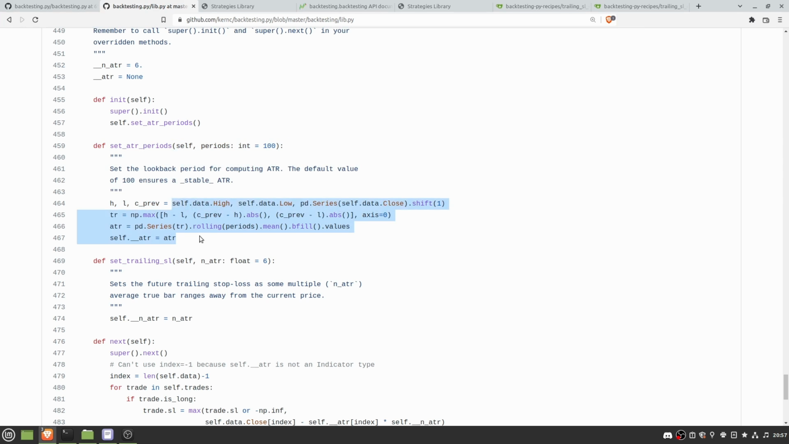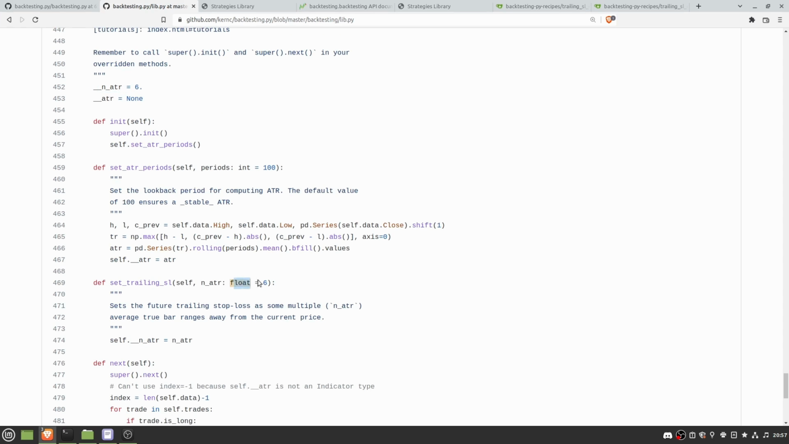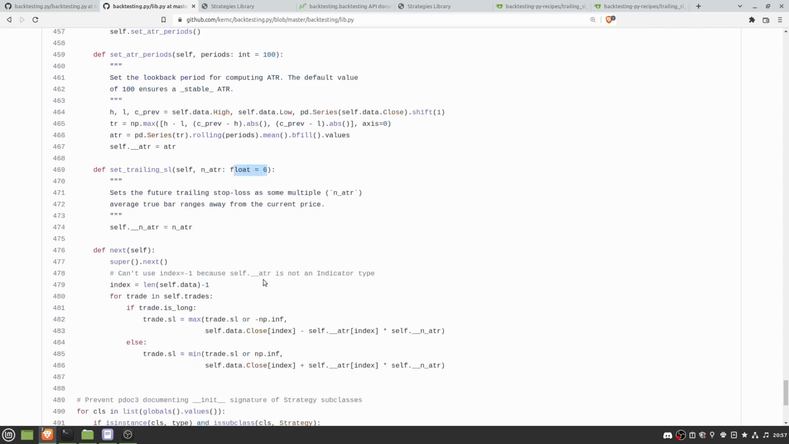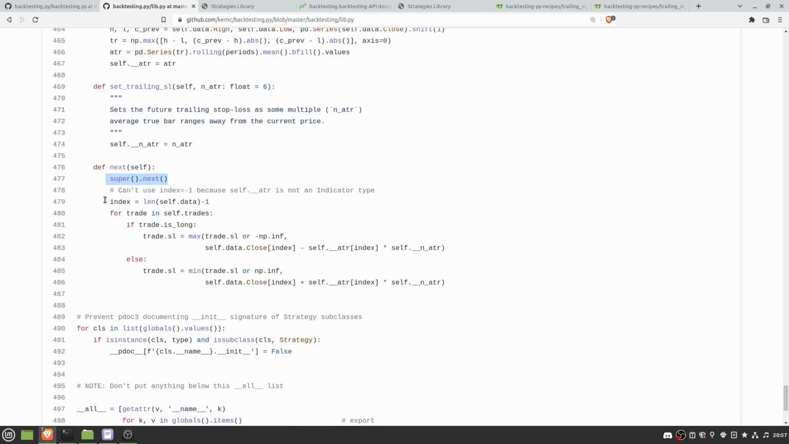Don't get hung up too much on what it's doing. Then there's this function, which takes in a number and all it does is set the value of this variable to whatever value you give it. Again, not very complicated. The next function calls its parent next function. It gets the current index of the data that we're using, so basically how many bars we are through the data frame. And then for every trade in self.trades, so this is going to look at our open trades,